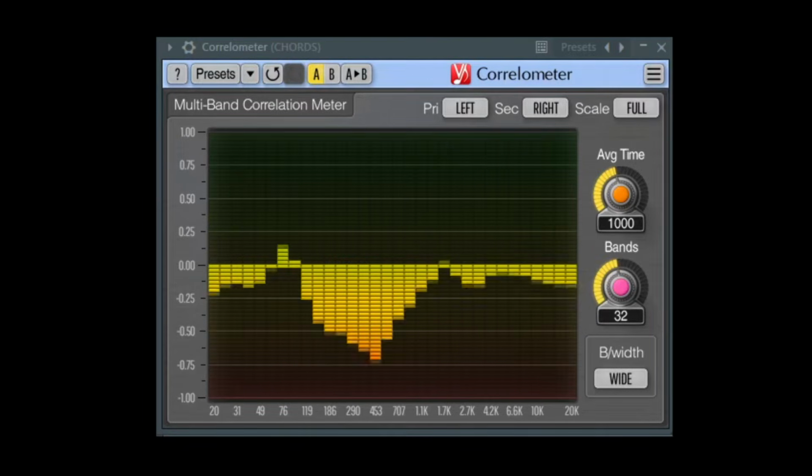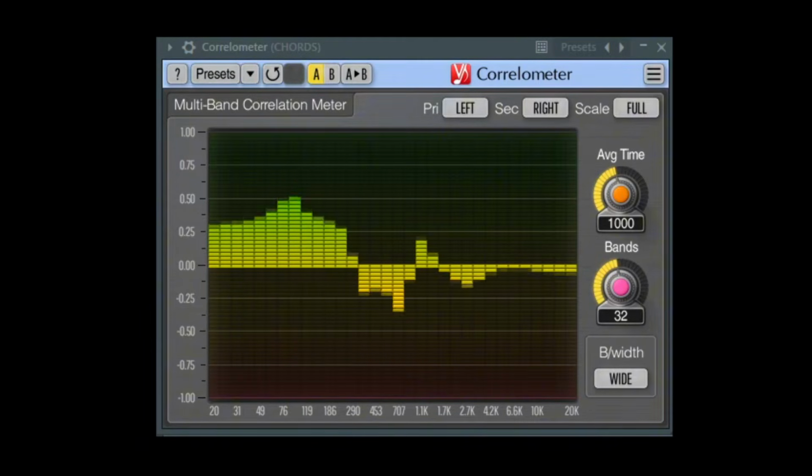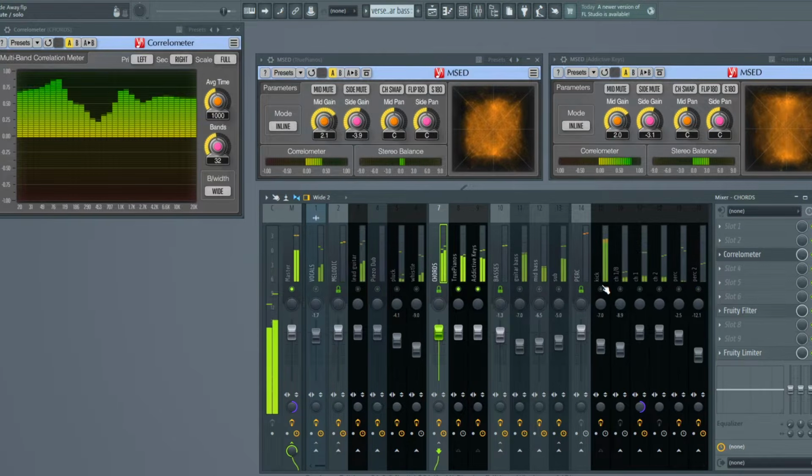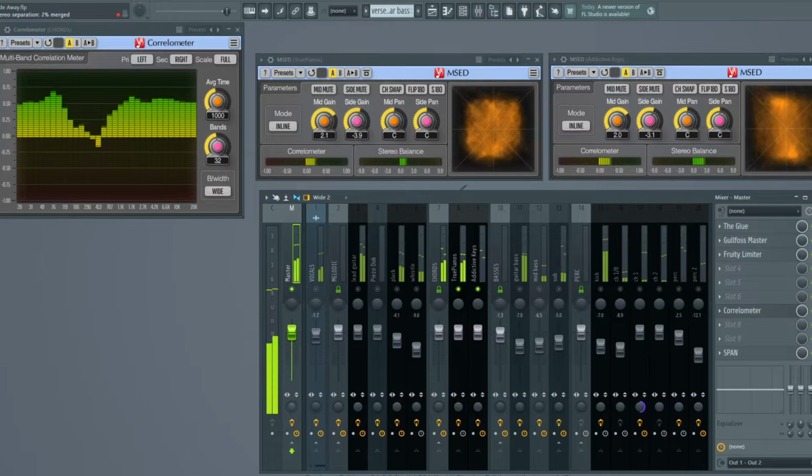The closer it is to 0, the wider your sound is without having too many phasing issues. If it goes below the middle mark of 0, there will be phase cancellation when the left and right signals get summed and played back over mono systems. It may be a wide, beautiful and pleasant sound to listen to when using headphones, but will barely be heard in mono systems. And worse, it can totally ruin your mix balance.